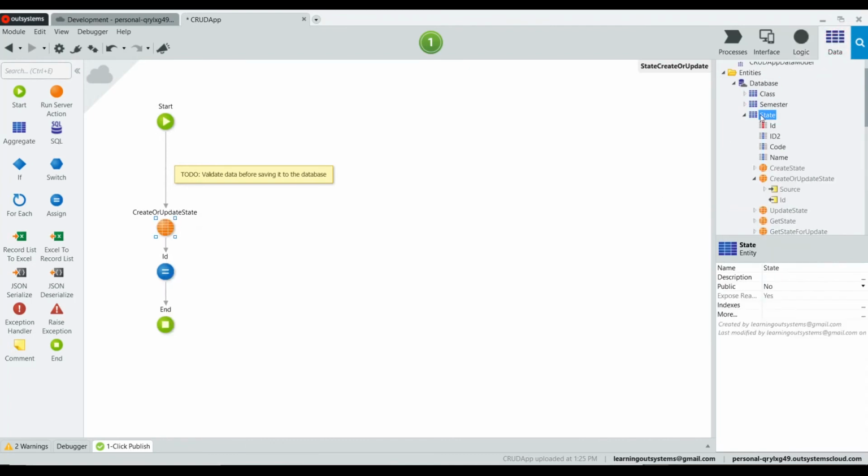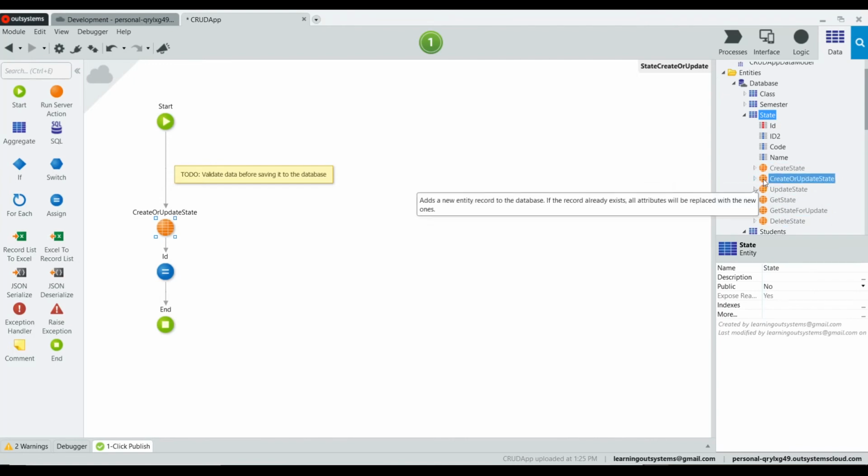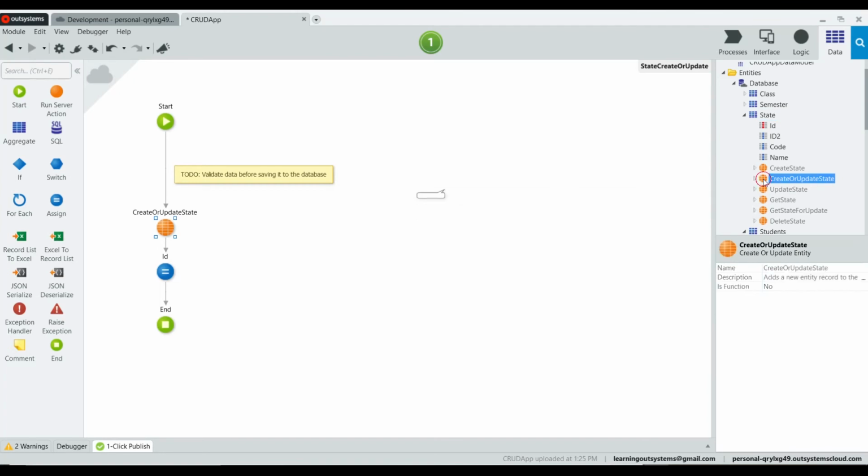There's the logic tab, and there is the action, and we are passing this function, and this function actually comes from the actual database table entity, the create or update state,